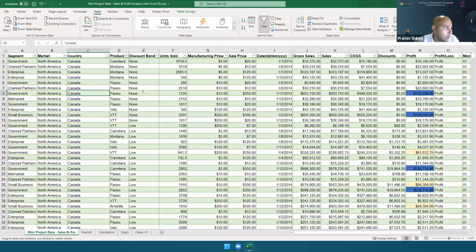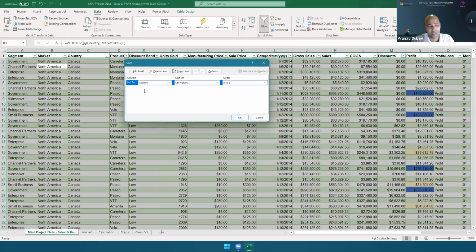And here we are going to add labels. Right now my data is sorted on country. So country has been selected. I will just remove it to give a fresh start. And I will click on add label. Sort by, on what basis I want to sort? I want to do sorting on market, sales value A to Z. Now here you have option to go first or last. So on what order you want to do the sorting, you select it.